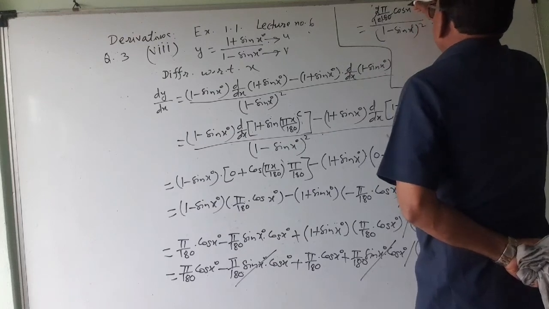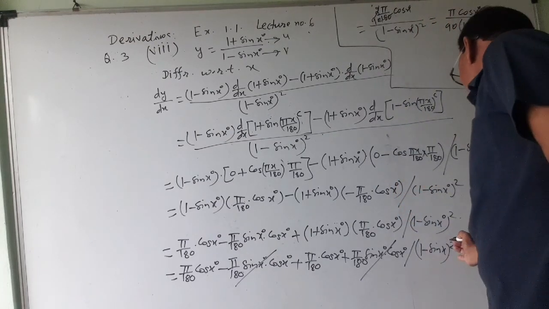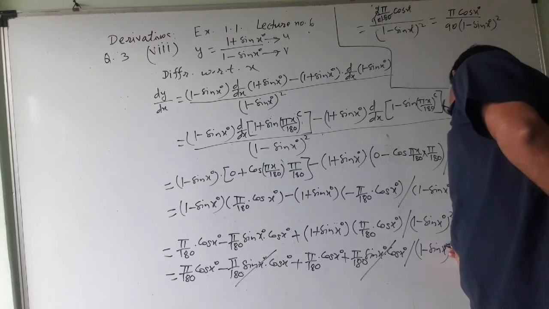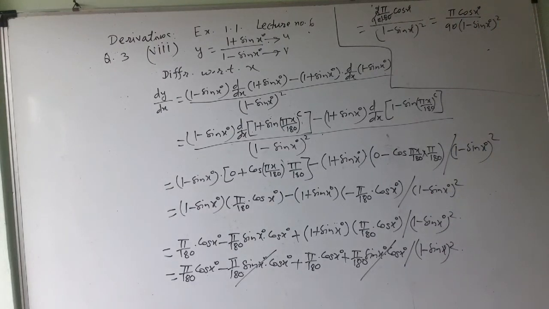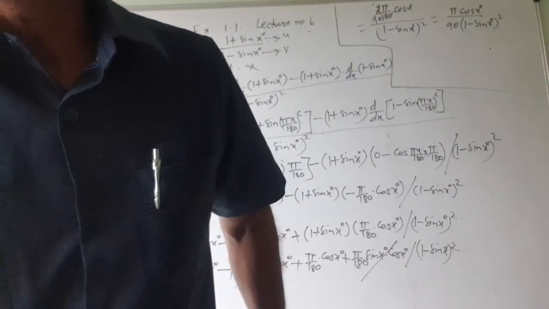Here remain degree, that is very essential. Otherwise it is called radians, x degrees. So hope that you have understood this. Revise it, listen to it once again and you will understand.